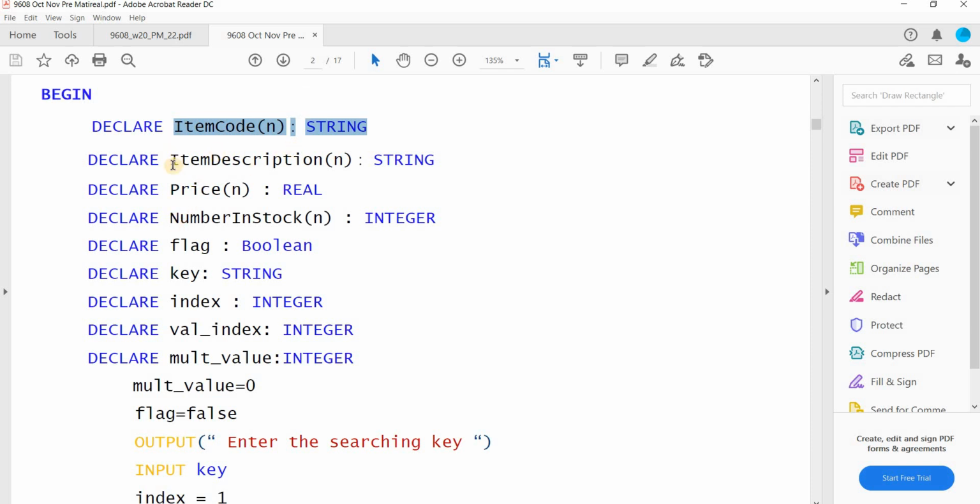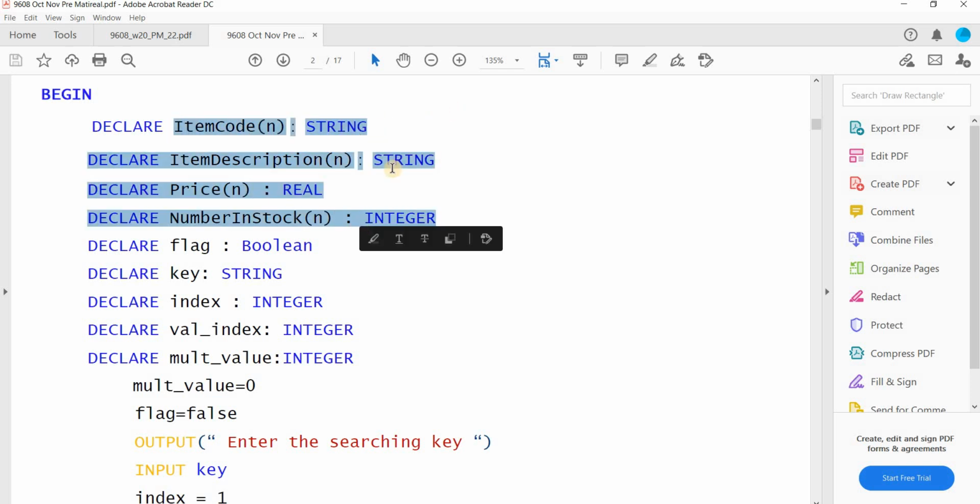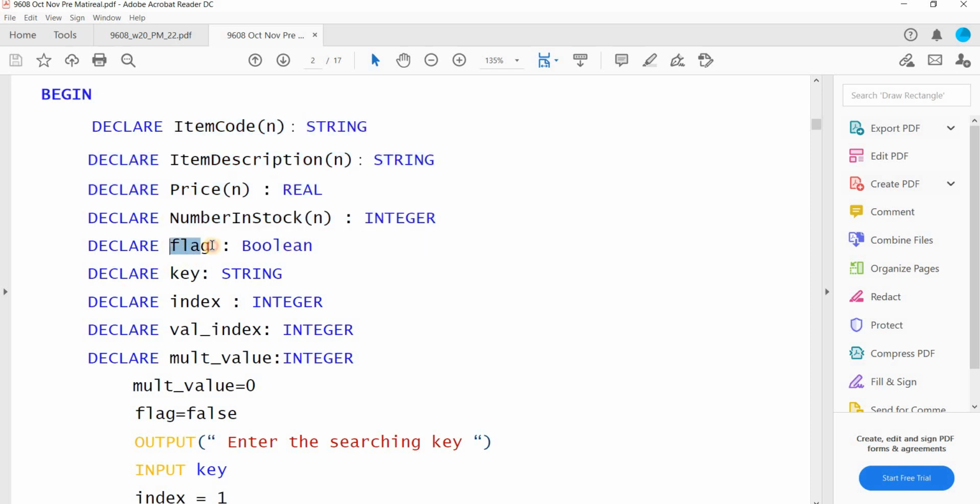These are the 4 arrays: string, real and integer. Declare flag as boolean, as we have seen in the previous pseudocode. Key, index, value index, and multi-value. By default, this multi-value is 0. I want to set multi-value to 0.